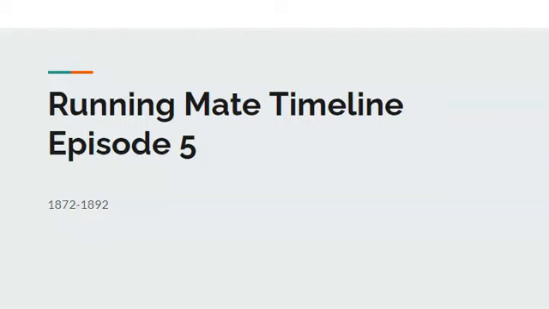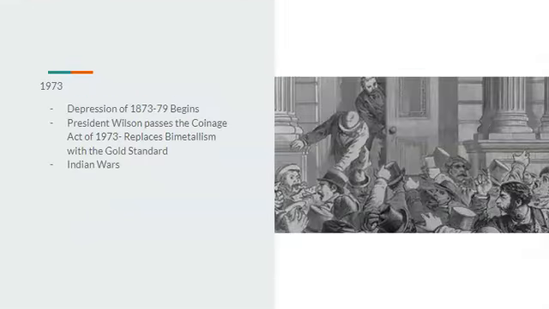Hello everybody, welcome back to episode 5 of the Running Mate Timeline, and today we're going to be going through the years of 1872 through 1892. Starting off in